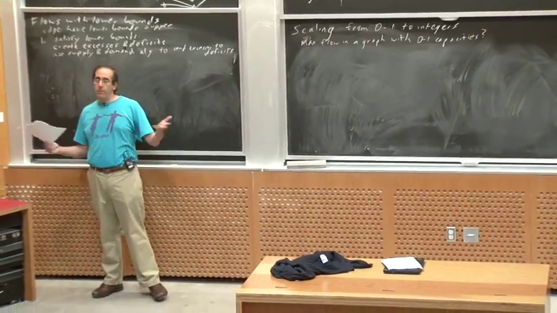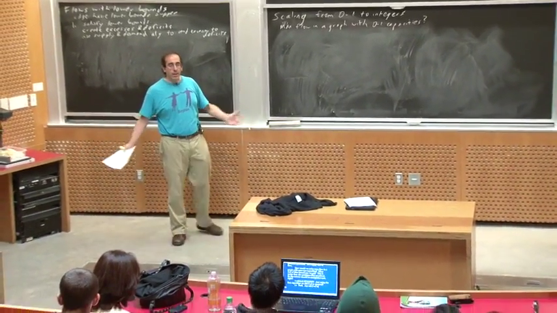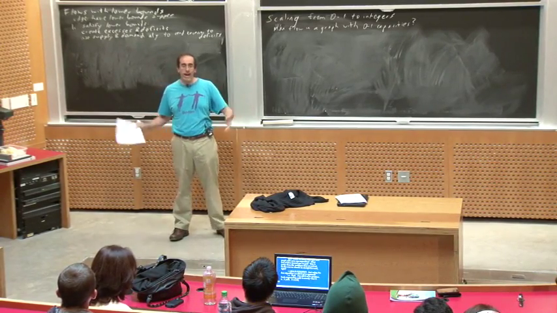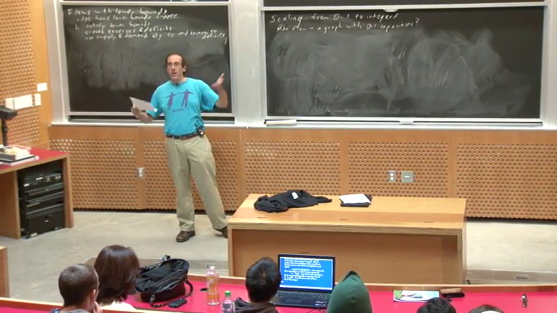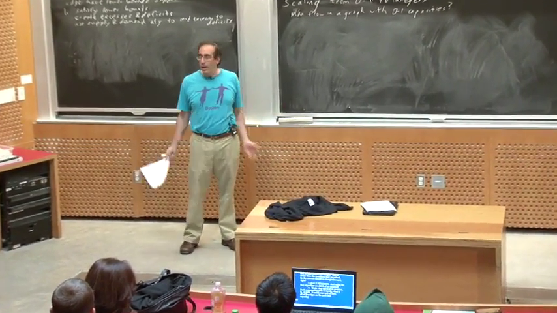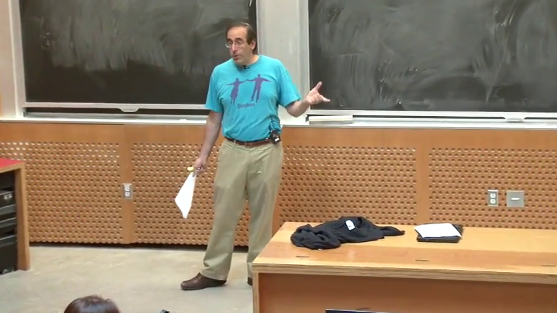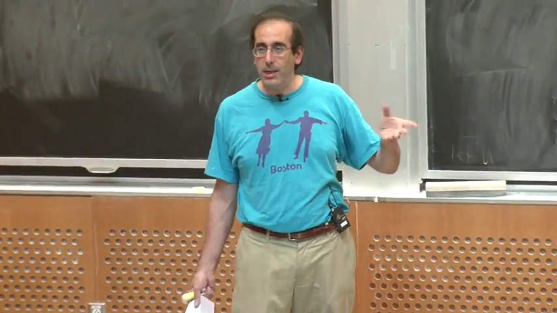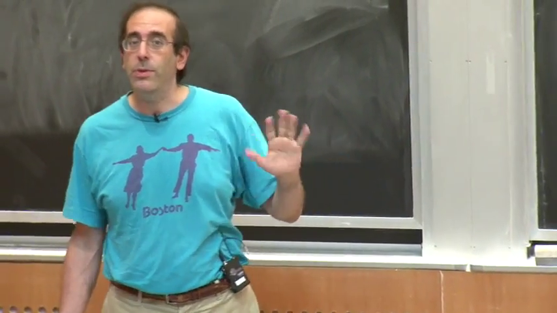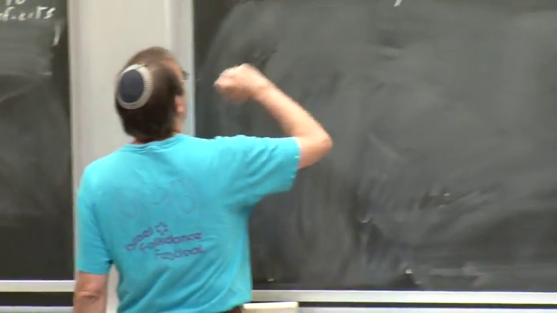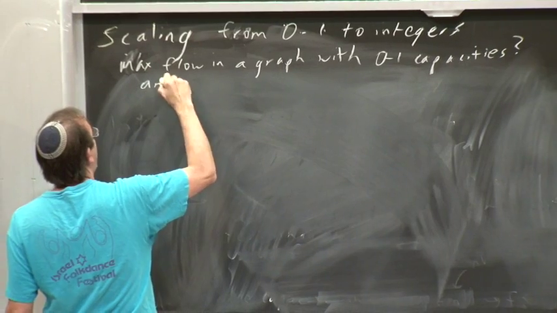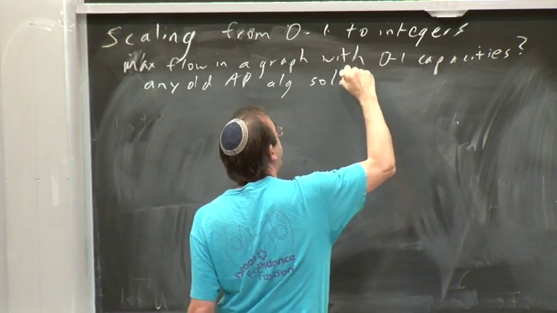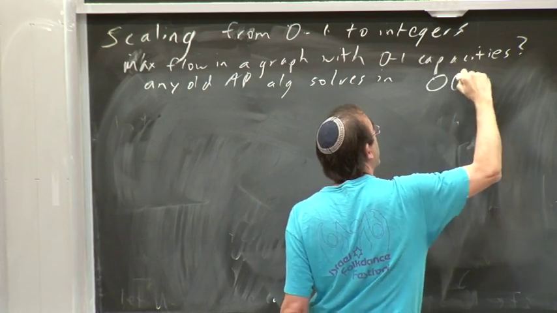If we're just talking about capacity 1 edges, then each augmenting path is exactly what it is. It's a path. It sends 1 unit of flow because all of the edges on the path had capacity 1, and so they get saturated and they all disappear. This may create some residual edges. You may get edges with capacity 2 in the residual graph, but basically you're always going to be looking at 0s, 1s, and 2s on your graph. And so any old augmenting path algorithm will solve this in order m squared time,